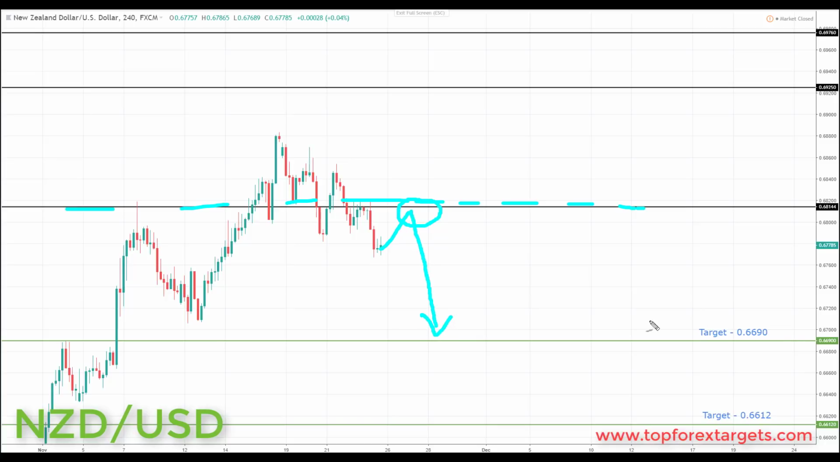And we're going to be looking at initiating shorts down towards the next key area of support to the downside and the target set at the 0.6690. And if we can get a break through here, we're going to be looking down towards the next key area of support to the downside and target 2 at the